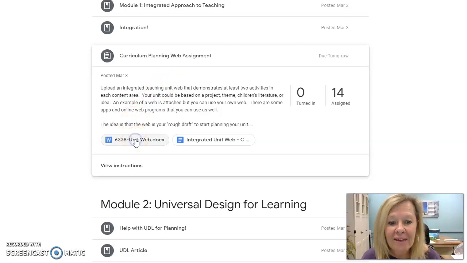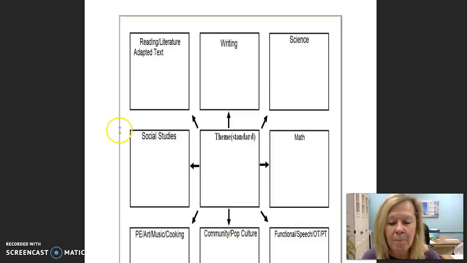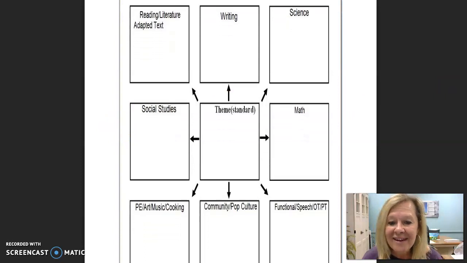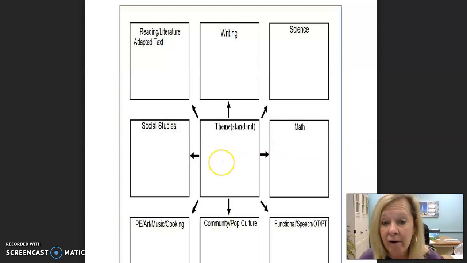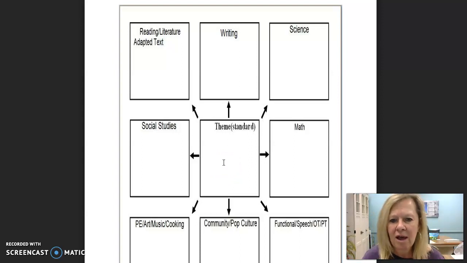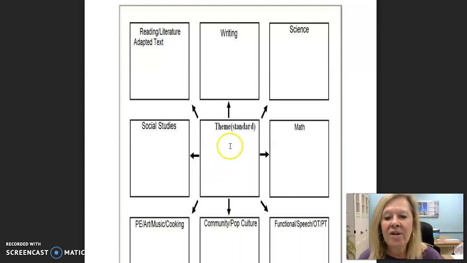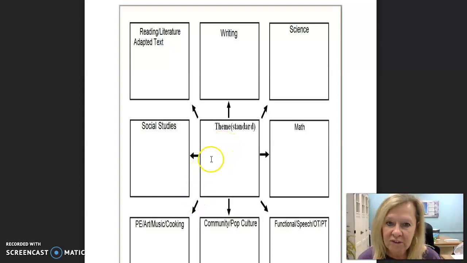And what I've given to help you with this assignment is a couple of documents. This is an example. So what you're going to think of is, what is your theme or main idea that you're going to do? This could be weather. It could be something like Little House on the Prairie, and you could do a unit on different themes in that part of history. But you're going to think of some kind of theme or a piece of children's literature, and then you're going